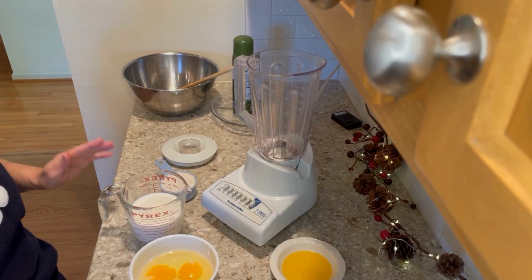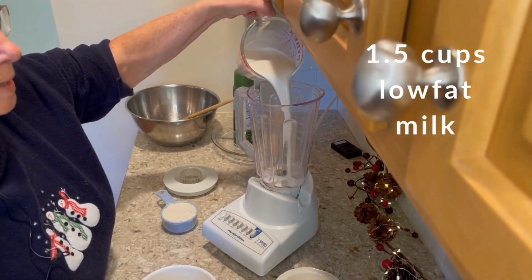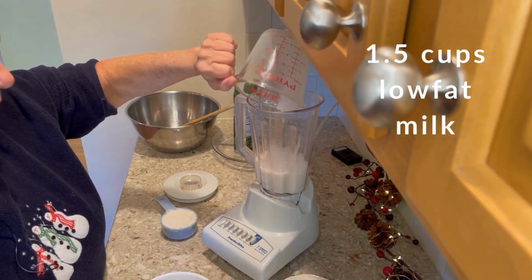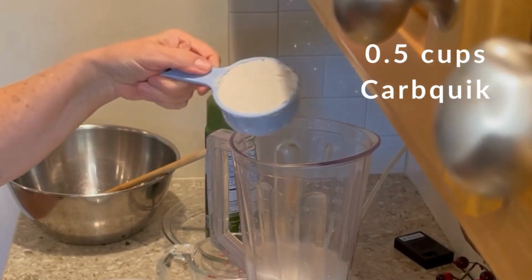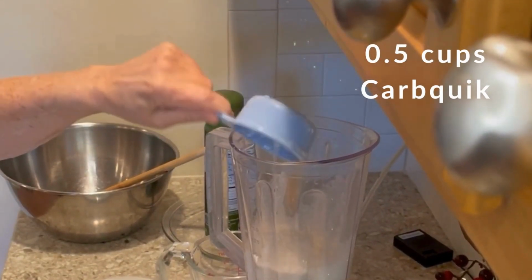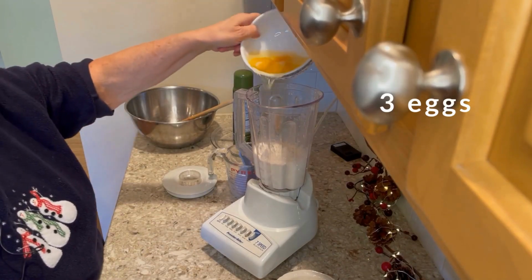To make our crustless quiche, what we're going to do is use a blender. So I've added 1.5 cups of low-fat milk, a 1/2 cup of baking mix. I'm using Quiche, but some people use the Heart Healthy Bisquick. That's also fine. 3 eggs,